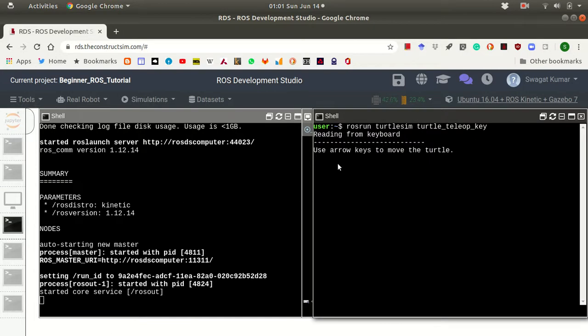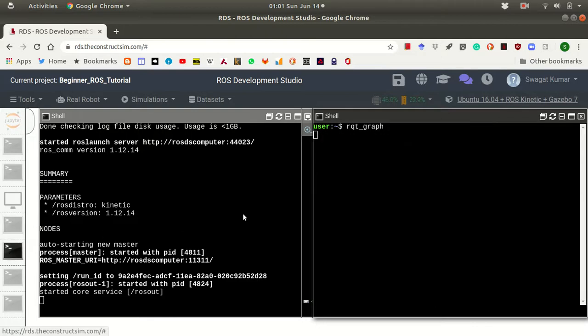Okay, we can stop this. Rviz also, and teleop also we do not need. rqt_graph is something we'll stop. Okay. Now if we use rqt_plot,